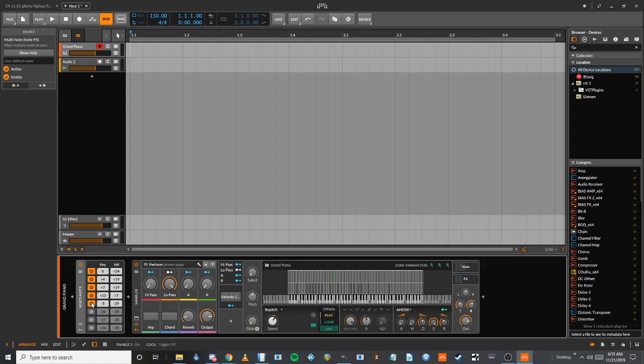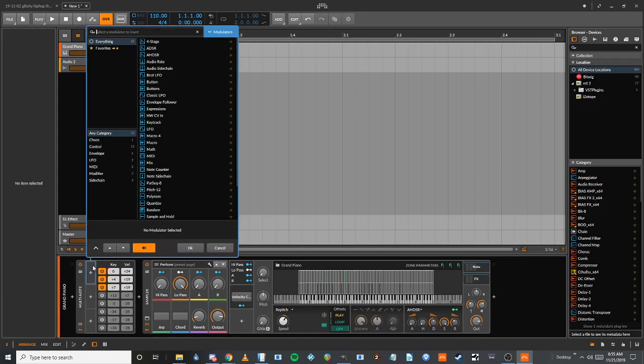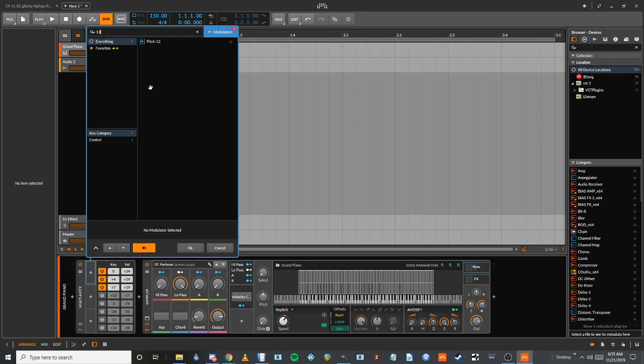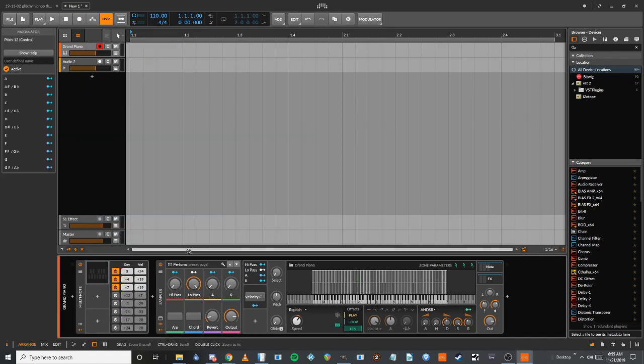And we're going to get rid of these last two. We're only going to use 3 notes, which is our basic triad. And we're going to choose the new pitch 12 modulator. Okay. Now if we go back to our chart,